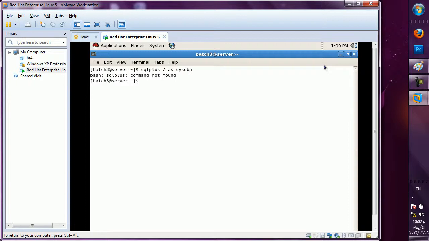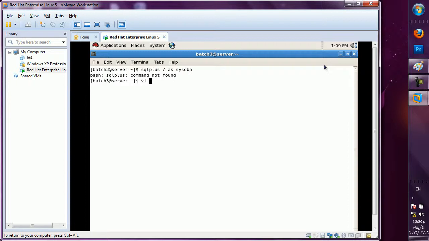So for this I have to do the configuration. If you purchase a new keyboard and don't install the driver, it will not work. So first you have to tell your system that you are installing this software: setup, next, and restart your PC, then it will understand the keyboard is there. In the same way I have to do some setup, configuration, so that Linux will understand afterwards that this is an Oracle command. How to do that setting?